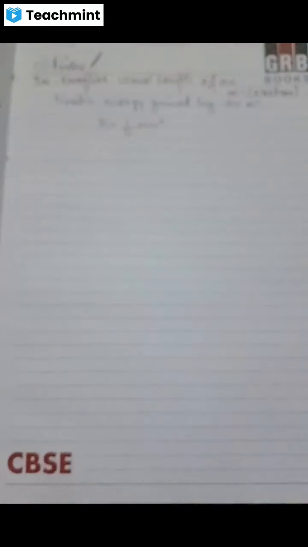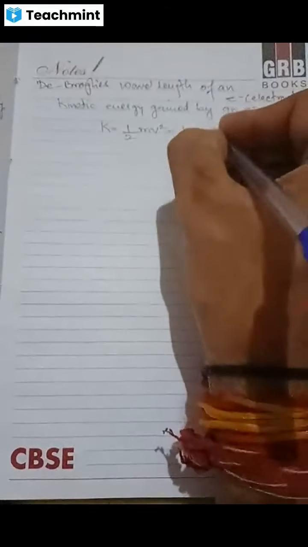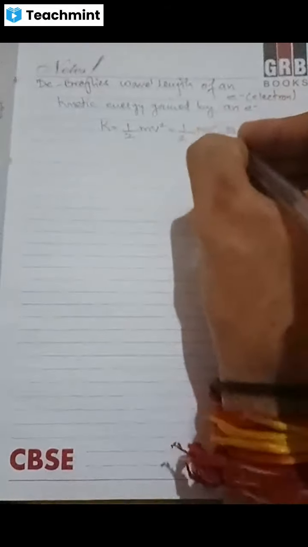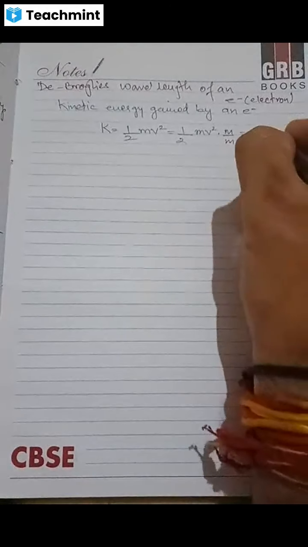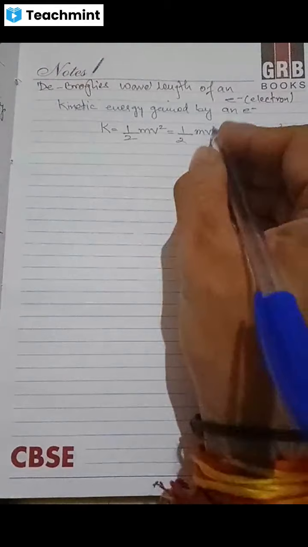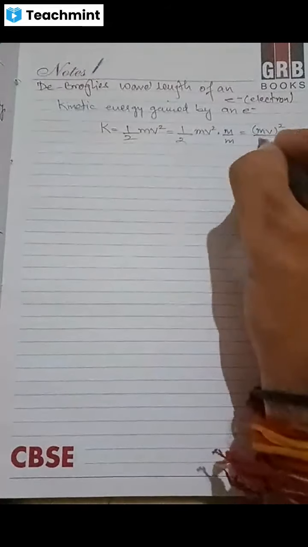I hope you already know. Now, in the next expression, dear students, let us multiply the term mv square you were already having by m and divide the term by m. Now, what does it make? It makes mv the whole square, because v is already having the square. m into m is m square, so mv whole square upon 2m.